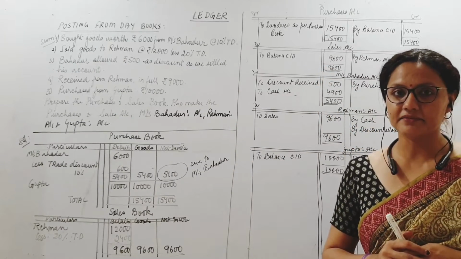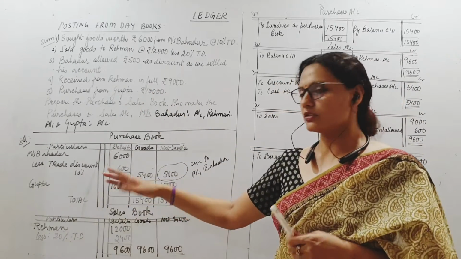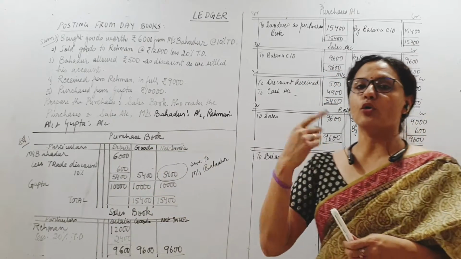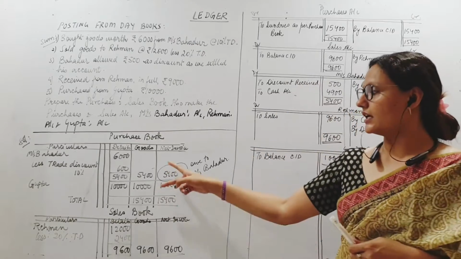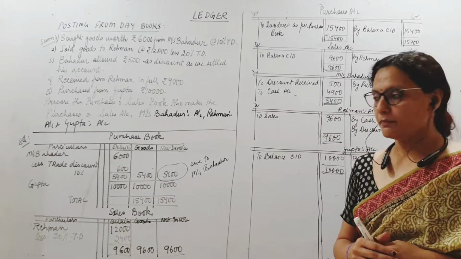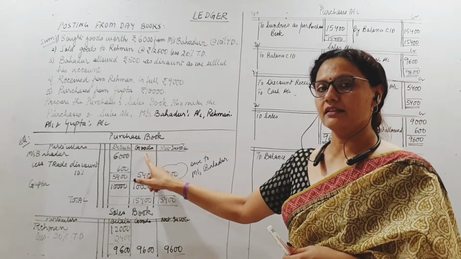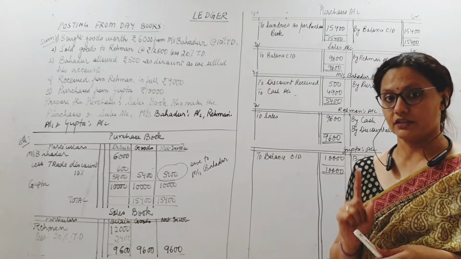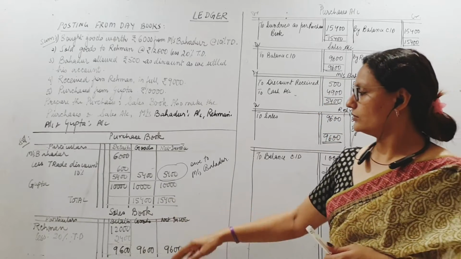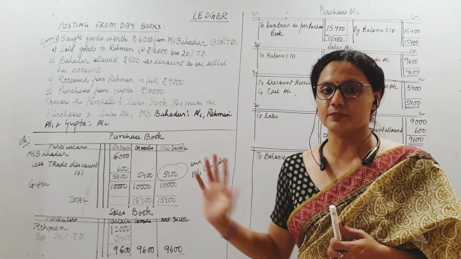Alright? Is that clear? Then, also we have purchased from Mr. Gupta goods worth 10,000, no discount, nothing. So 10,000 in the goods column purchase, and we owe 10,000 to Mr. Gupta. Both are creditors to me. Correct? Then we also total the purchase book. If you remember, of course, details column is never totaled because it's the working column. Goods column meaning this is the amount or value of goods purchase account. Right? Total purchases made is 15,400. Okay. Also, total creditors are 15,400 as per my purchase book of this period.